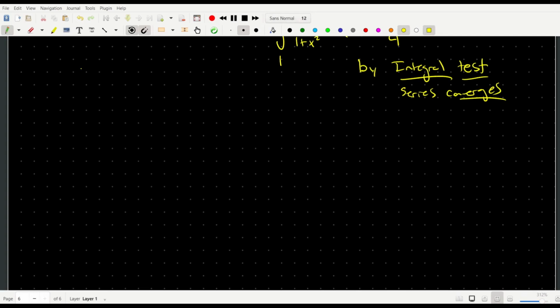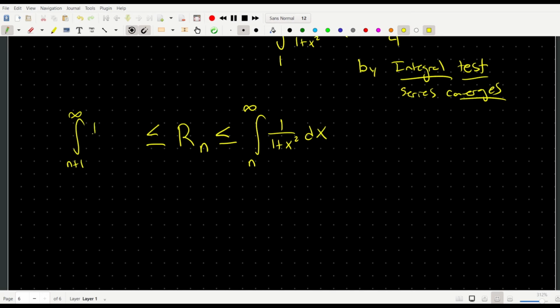Because the series converges, we're going to have that the remainder term, Rn, is less than or equal to the integral from n to infinity of the function 1 over 1 plus x squared, and the remainder will also be greater than or equal to the integral from n plus 1 to infinity of 1 over 1 plus x squared,